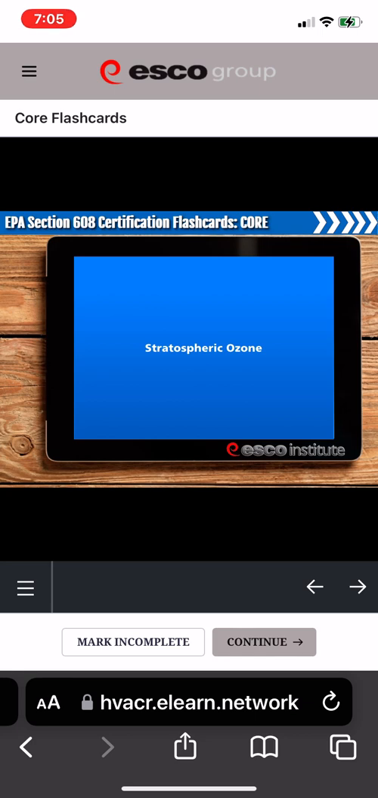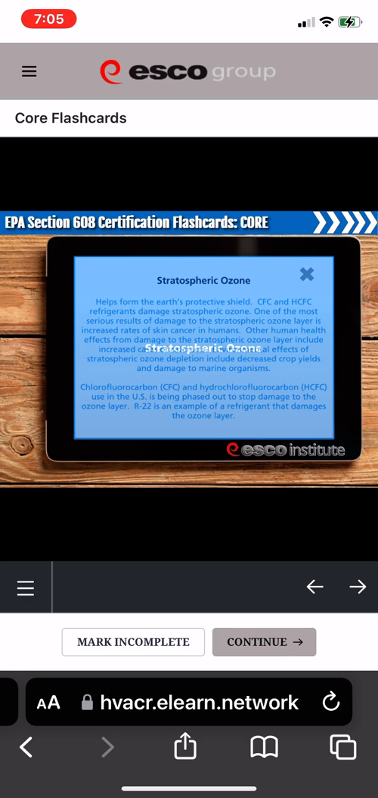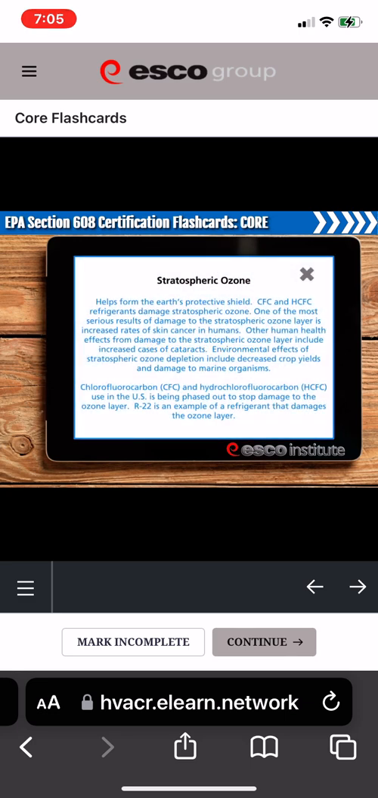Stratospheric ozone. Stratospheric ozone helps form the Earth's protective shield. CFC and HCFC refrigerants damage stratospheric ozone. One of the most serious results of damage to the stratospheric ozone layer is increased rates of skin cancer in